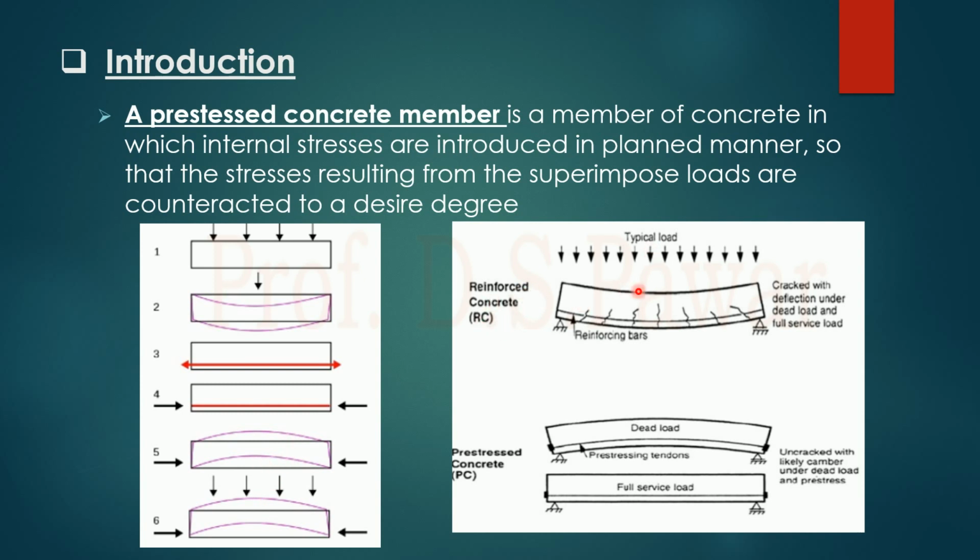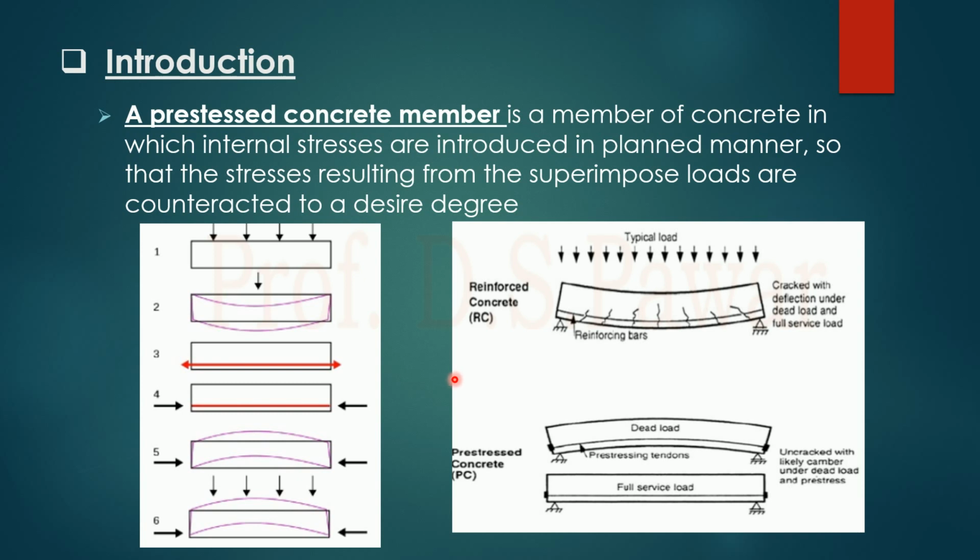See here, the difference. In a reinforced concrete structure, under a typical load like this, the beam is going to bend, with the reinforcing bar here, and there are cracks. But in pre-stressing, if we apply the tendon here, stress it, and then cut the tendon, the beam is going to behave like this. And if in full service the load acts on this beam, it is going to behave like this. So there is no extra tension or bending moment on the beam, and there is no chance of cracks in the beam. So this is the pre-stressed concrete concept. Hope you all got this.